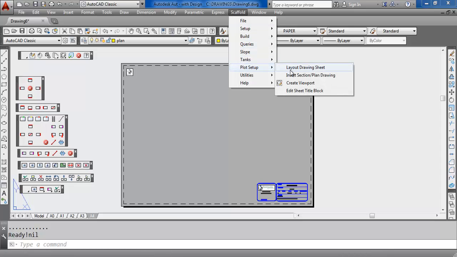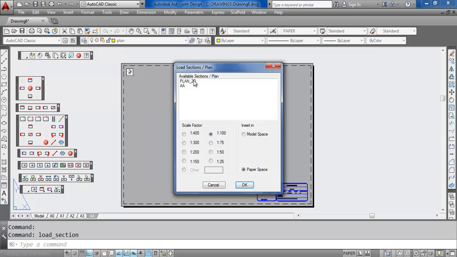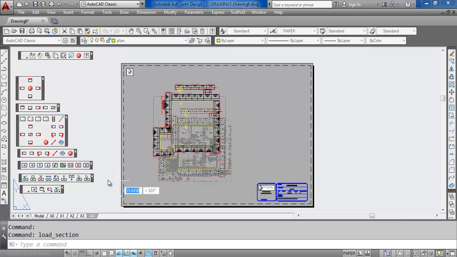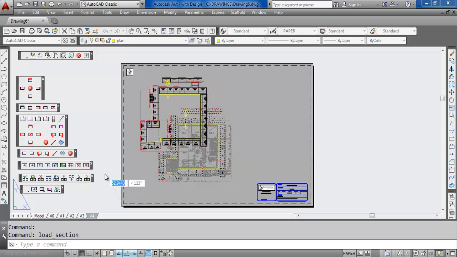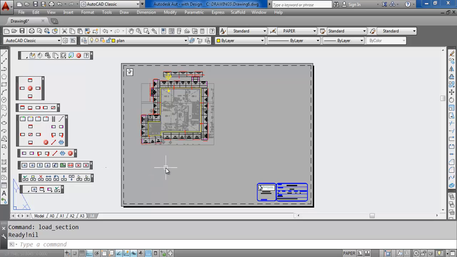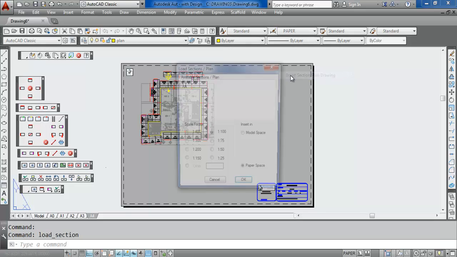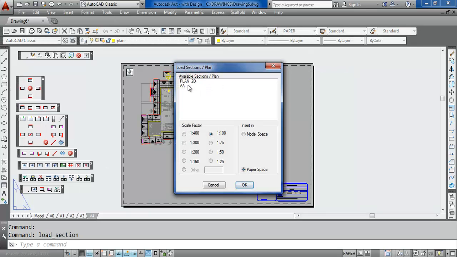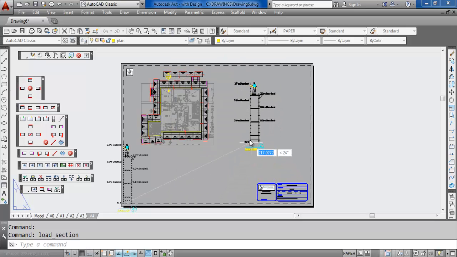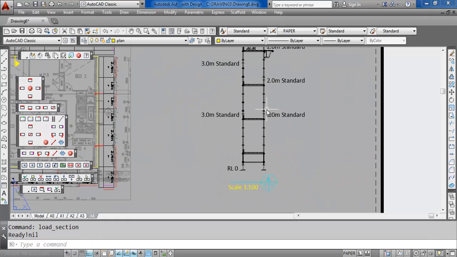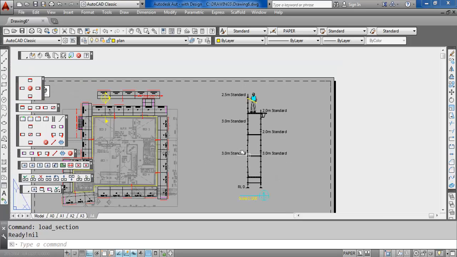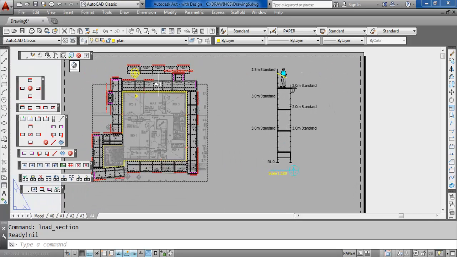Back to the plot setup, I can now insert our plan drawing. Let's just make it a 1 to 200 scale. Like that. The actual section marker that we created has automatically been created so that we can add the section in. So if we insert the section, see there the section is automatically created, and that section is based on that marker that we created earlier,